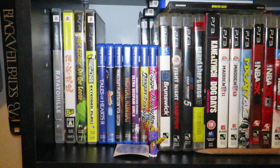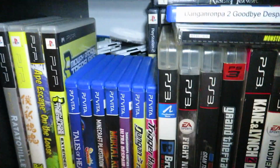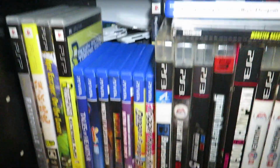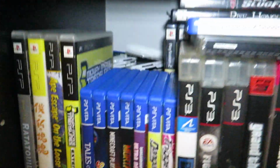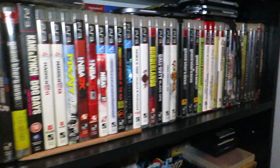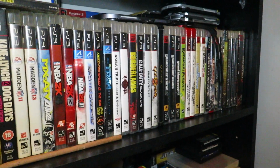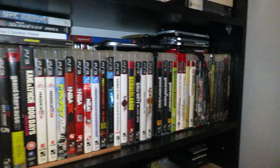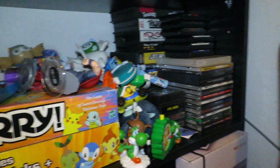Behind the Vita games, we've got, oh, my light just fell. But back there we've got all my PS1 discs, PSP games, PS1 and 2 memory cards, PSP batteries, and all that kind of stuff. So yeah, there's nothing really too notable here. I'm actually getting rid of almost all of these because I'm not a PlayStation fan. But yeah, this is my current PlayStation collection, soon to be gone. Next shelf down is kind of